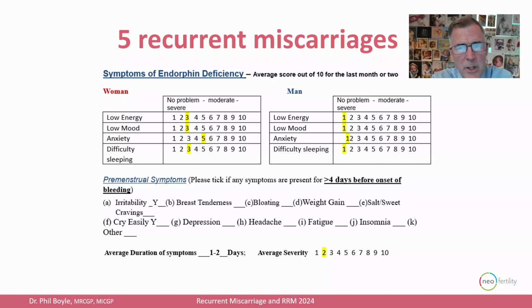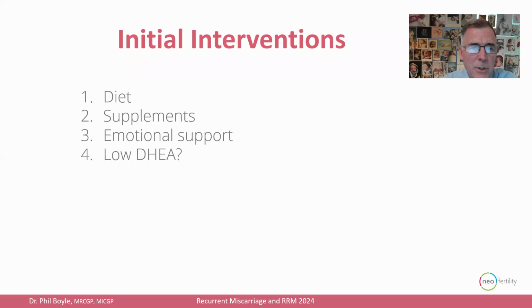clinical endorphin deficiency, which is a common one that I would look at to boost the endorphins, well, maybe a little bit. This is where I give low dose naltrexone to treat things like anxiety, fatigue, low mood. People often underestimate the level of endorphin deficiency they have. So to be honest, I can't remember what I did. We'll find out in a second, but off the top of my head, if I saw her today, I'd probably give her 3 milligrams of low dose naltrexone because it does have a positive immune modifying effect. And I would just judge clinically then, did she feel any better with it? But it's an ideal opportunity to try it out on day one when she comes.